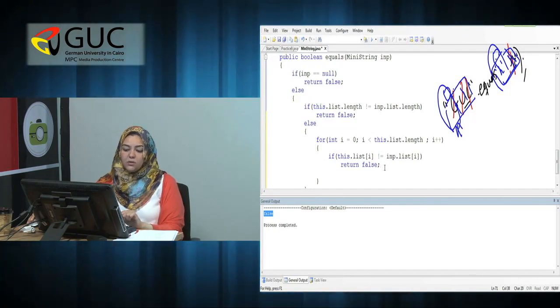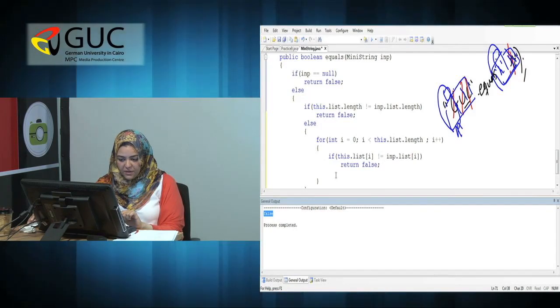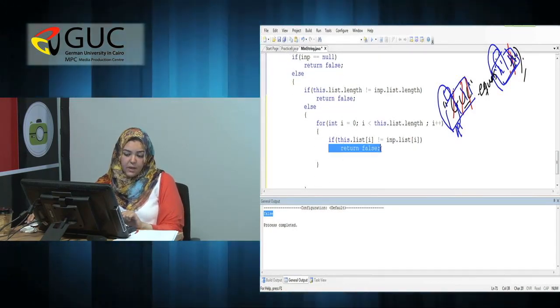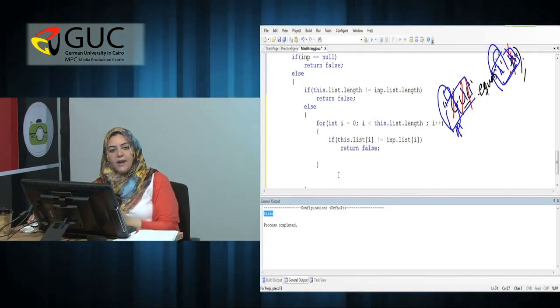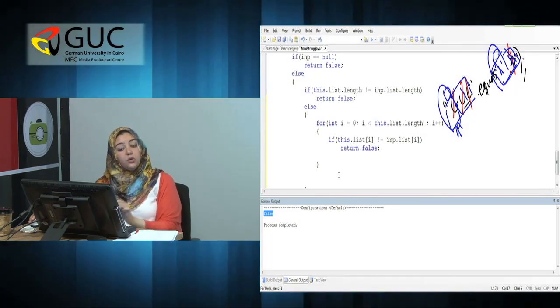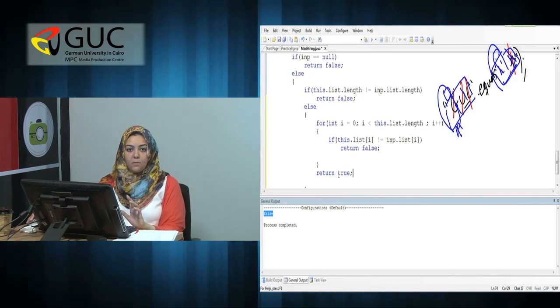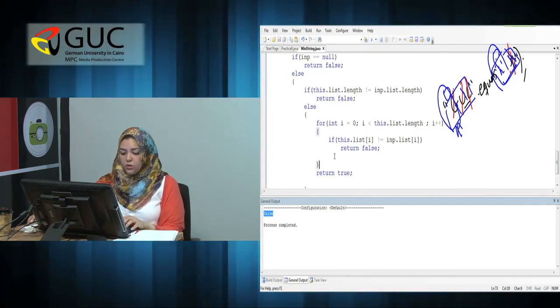Why is that? Because if this condition is not true, which means that both characters are the same, I don't need just to return true. No, I need to iterate over the whole array and then return true at the end. To do this, you return true at the end, which is after the for loop. Okay? Good. Now, the last thing is we want